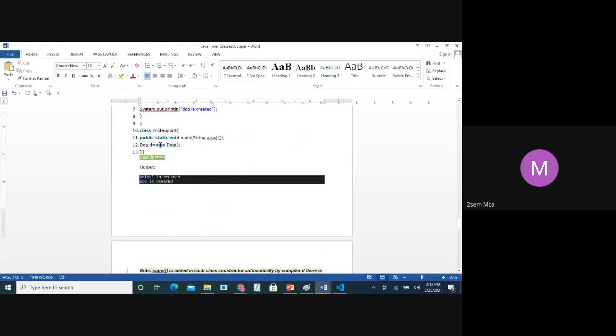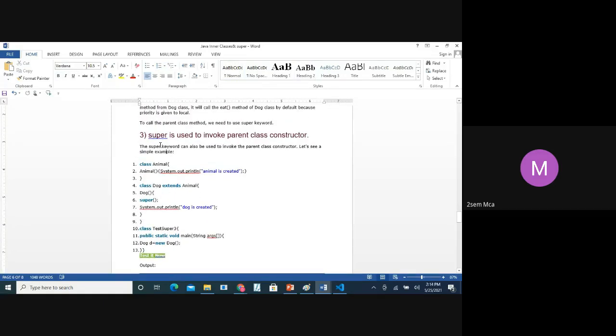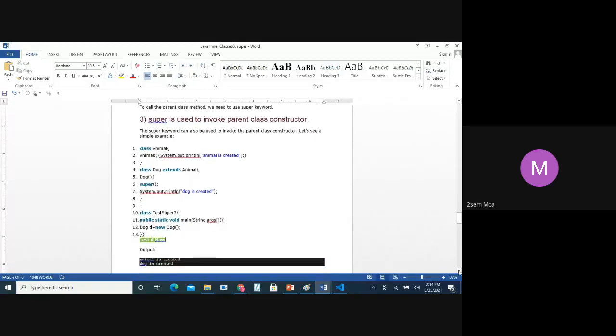Now we come to the constructor. What do we mean by constructor? We use it to initialize the data members. Yes. Generally there are some rules given. The class name and the constructor name should be the same, and it is left to us whether we create a constructor with parameters, without parameters, or n number of parameters, based on our application.